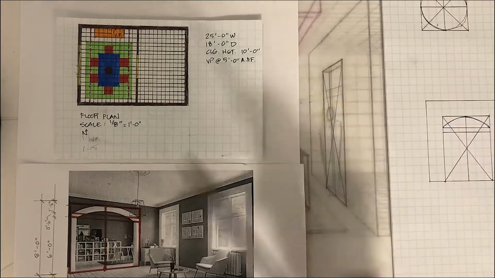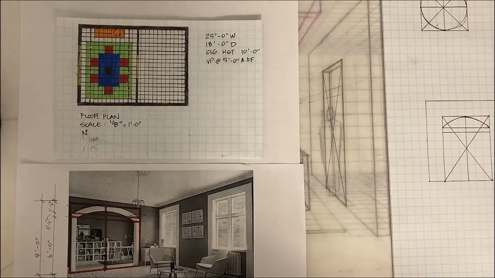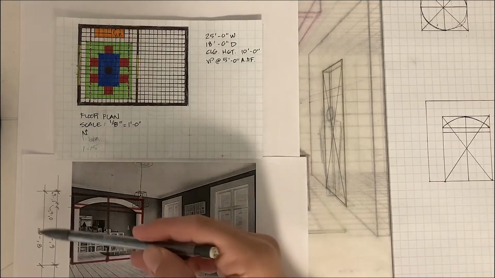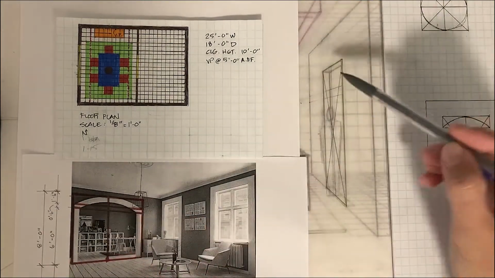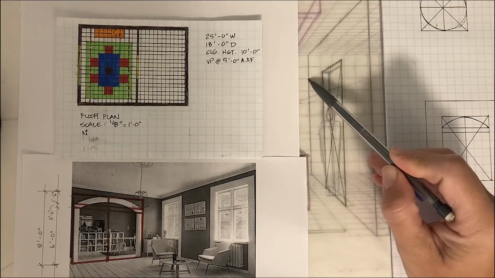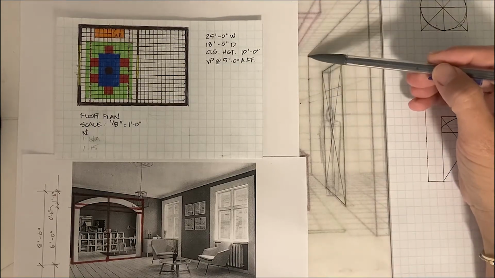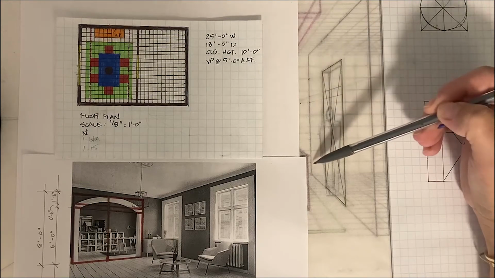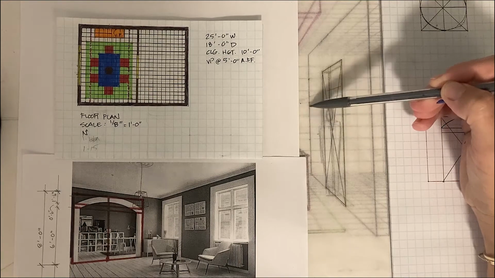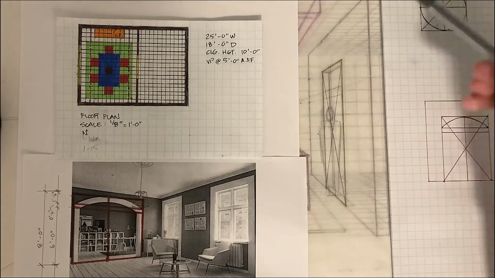And then remember, we created this diagram over here in which we've identified some of the locations of the critical points. And so you can see here the overall height is 8 feet, and that's what's indicated by this line right here. You can see it goes back to the vanishing point on that true height wall, and it's 2 feet down from a 10-foot ceiling, or we can count this way: 1, 2, 3, 4, 5, 6, 7, 8.